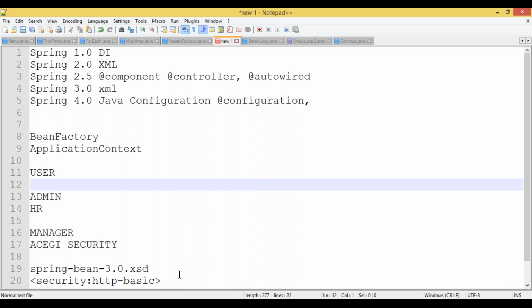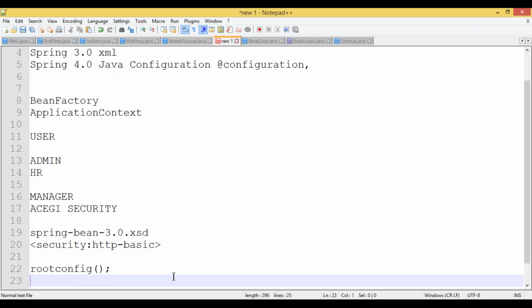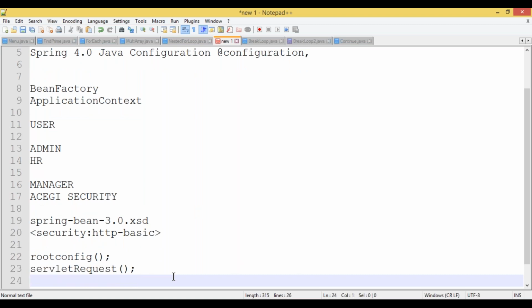So what is the use of the initializer class? I have a question here. When we're working on Spring MVC, we will create one initializer class. The initializer class has three methods, right? The three methods are getRootConfigClasses, getServletMappings, and getServletConfigClasses.